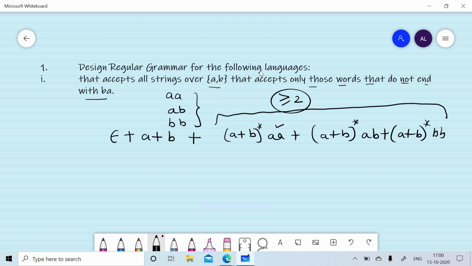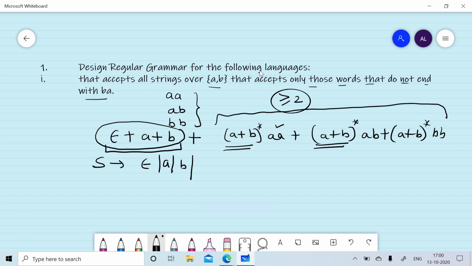Now we will write the regular grammar for this one. So S will give you null, A, B. We can generate these strings directly using the S non-terminal. Then in all three rules, we want to generate (A+B)*.